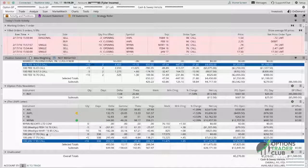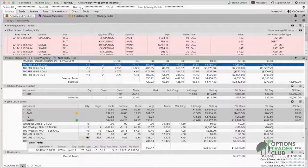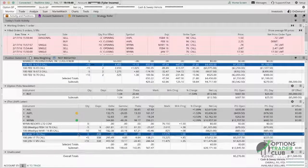As I did earlier, I sold the 70 calls, which was about a $6,000 or $7,000 profit, same time frame. Also with the 75 calls right here, I purchased 5 of these for $5.15. Those are now worth $15.22 each, which is another $5,000 profit. So a couple of layered, tiered strategies going on here, but for the most part, this is working very well on